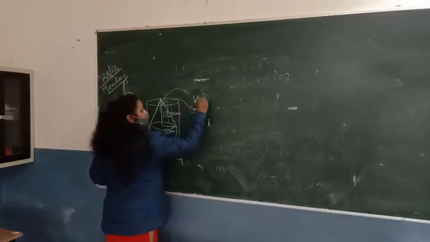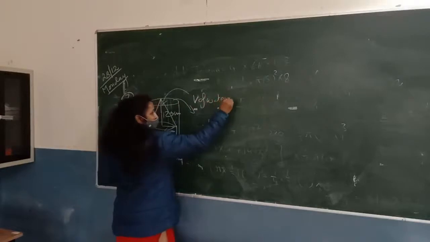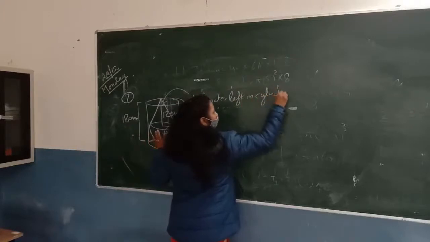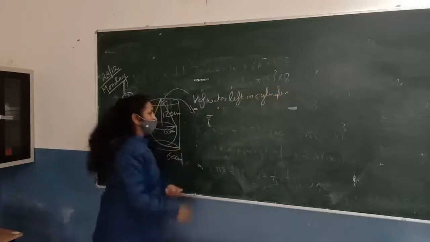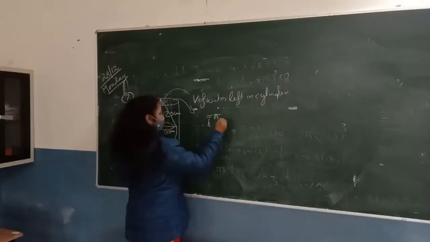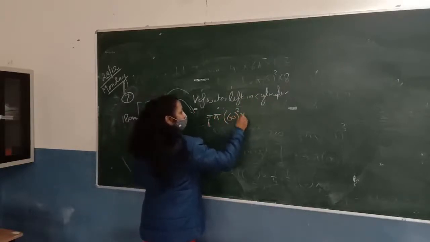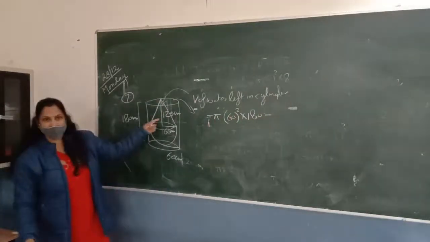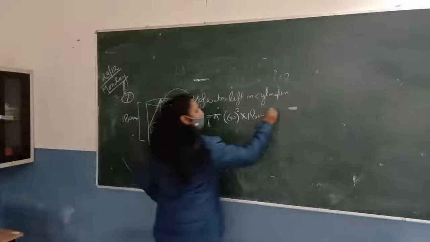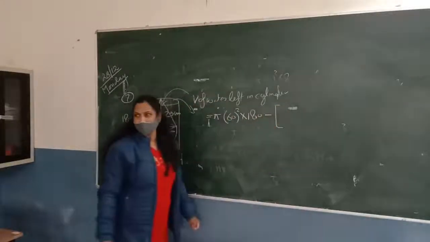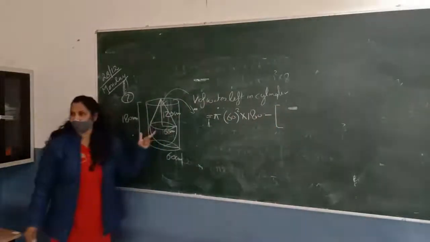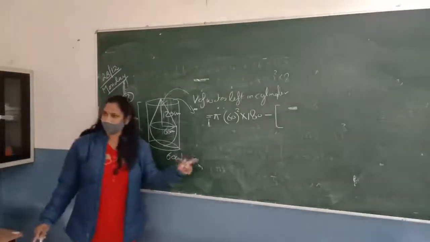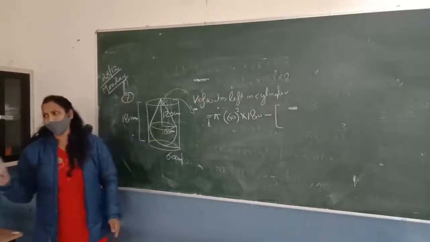So we will say that the volume of water left in the cylinder, that is pi r square into h. This is the volume of cylinder, है ना? And we have to subtract the volume of this figure from the cylindrical portion. So I am writing a bracket here. Bracket से थोड़ा आसान हो जाता है कि दोनों को प्लस किया पूरे में से subtract कर दिया. Please don't do everything in your notebook now. जब पूरा क्वेश्चन हो जाए मैं समझा दूँ मैं आपसे कहूँ कि आप लिख लो तब लिखो.